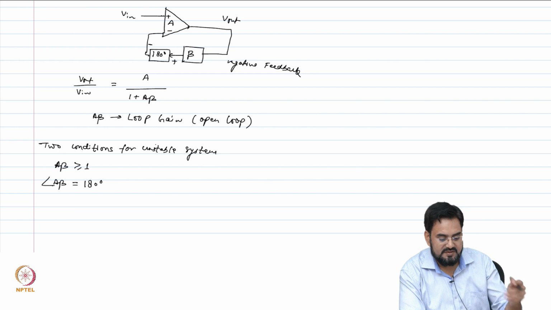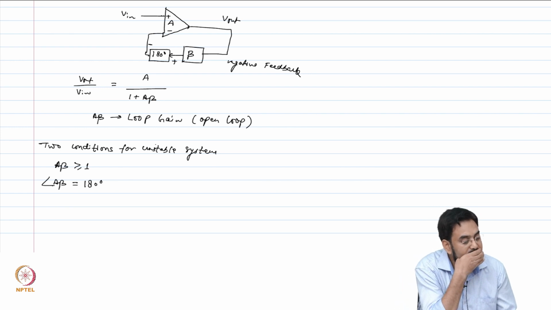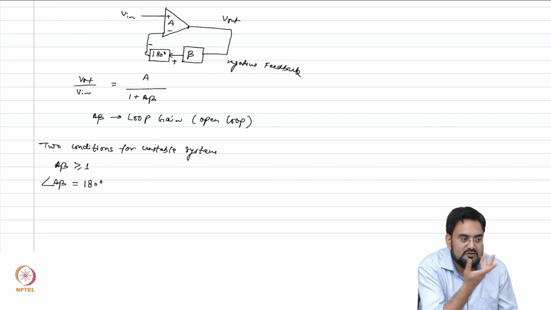So where does this phase shift come from? Loop gain, that is coming from your op amp, which has some gain, and you have some beta feedback factor. So A beta is already there. Now you need a phase shift. If there is no phase shift in the LDO, it is straightforward, and you don't have to worry about stability. So beta is a function of frequency.